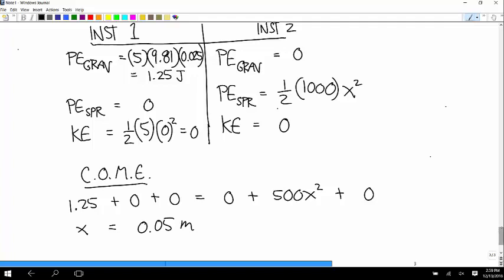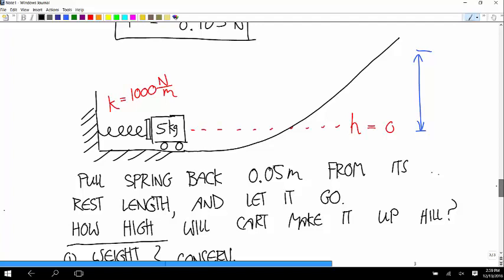So that would be saying that it hasn't touched the spring yet, but it's all the way down the hill because the height is equal to 0. And so it would tell you how fast this thing would be going. We could calculate how fast it's going along the flat right before it hits the spring.